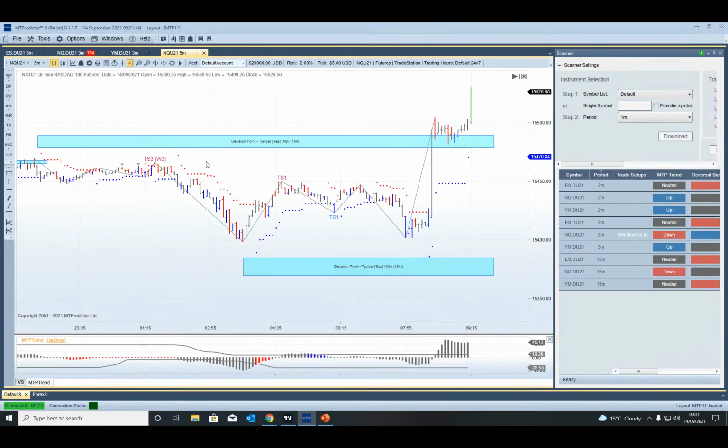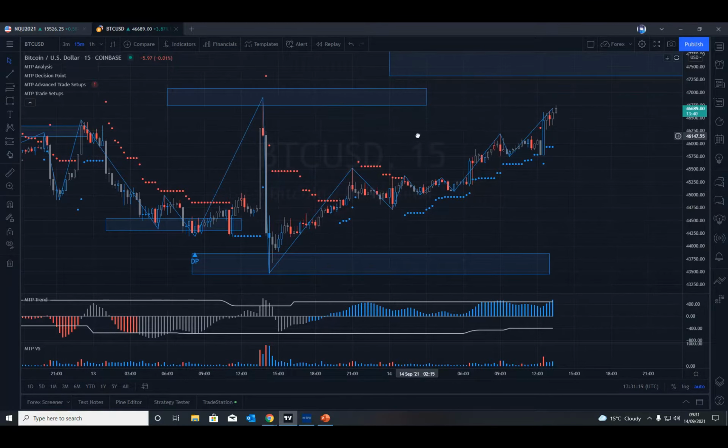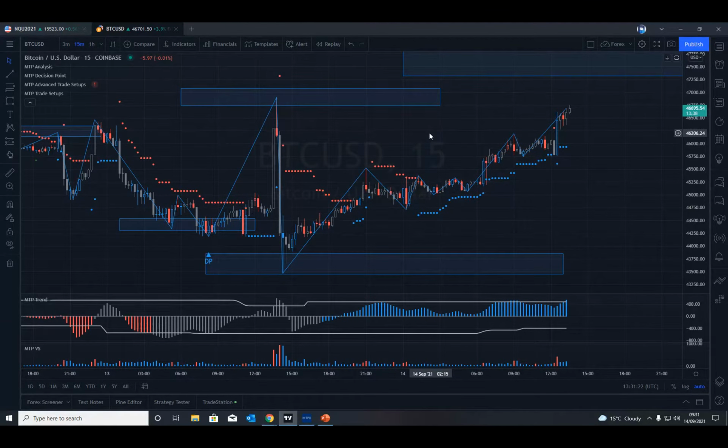Right. So any questions on anything that we've looked at so far? Or are you all happy? And hopefully you've enjoyed having a look at Bitcoin as well. It's quite nice to have a look at a completely different market that we don't look at regularly. I included it because I know there's quite a few new customers who are trading cryptocurrencies, so it's nice to come in and take a look at these different markets from time to time as well.